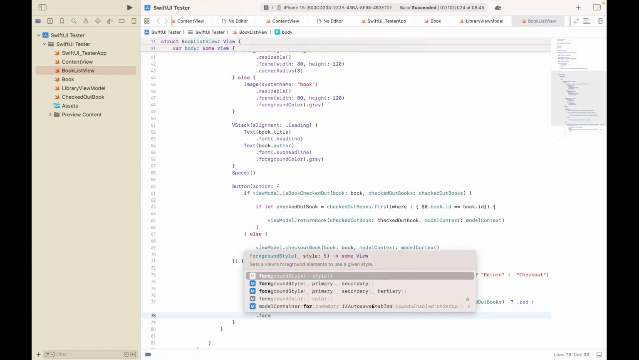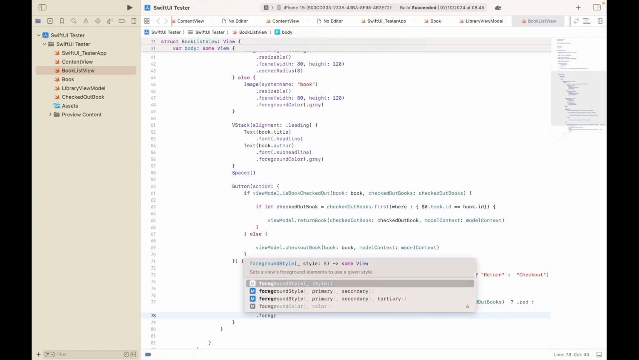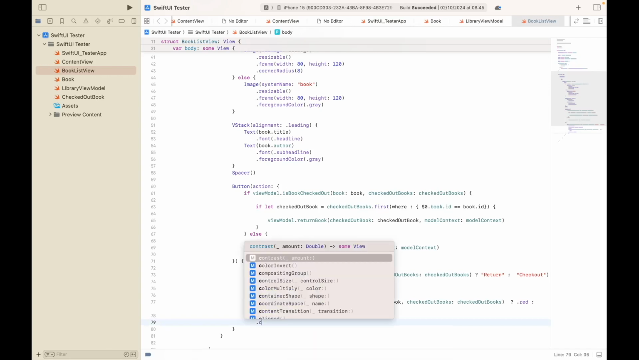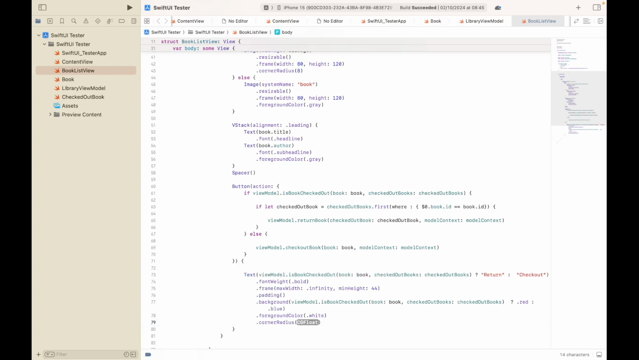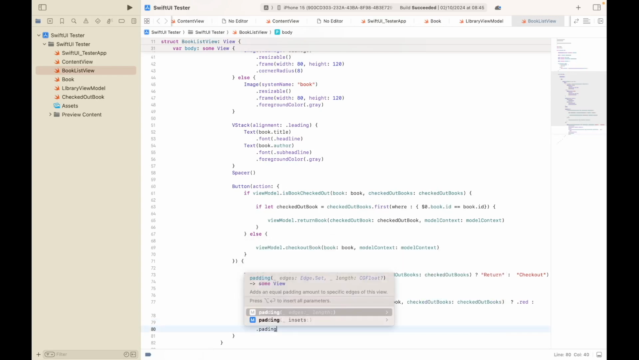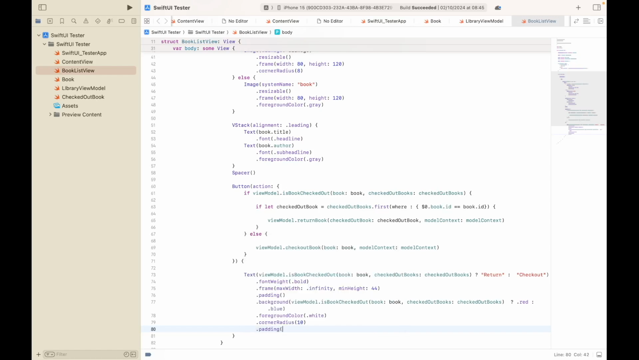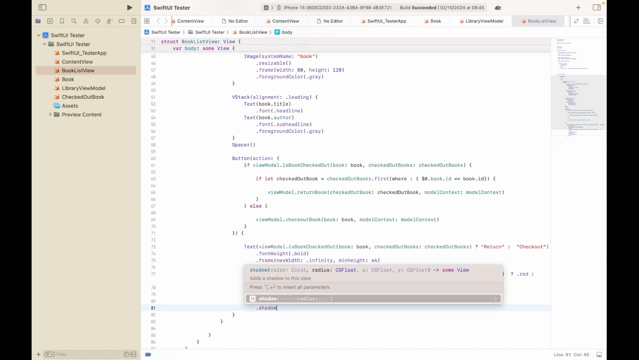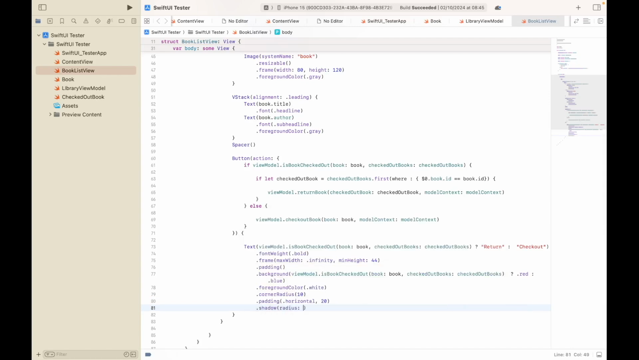Next thing we need to do is to set the text foreground color to white, .cornerRadius 10, .padding .horizontal 20, .shadow radius 5,